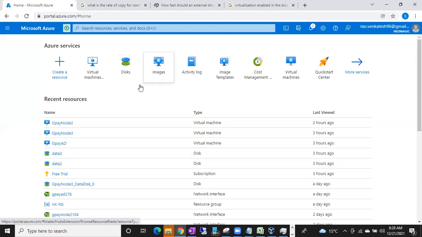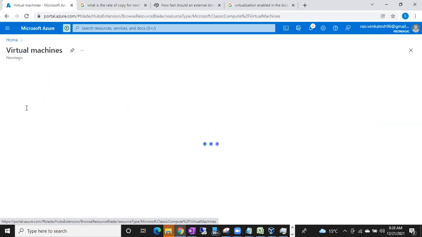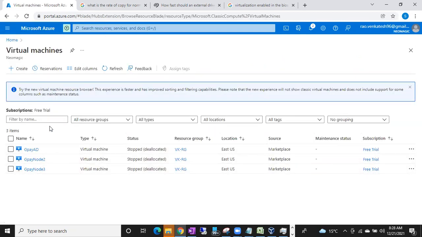Okay, so this is how it looks, and I just created some virtual machines using this one. You can see these are the virtual machines I created earlier. It is very easy to create. There is no need to install any operating system yourself. Microsoft itself will install the Windows operating system for you. In the meanwhile, let's create one virtual VM.